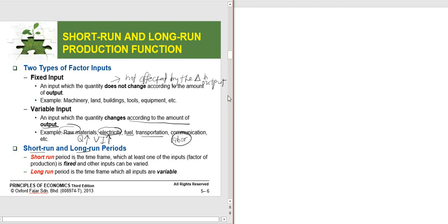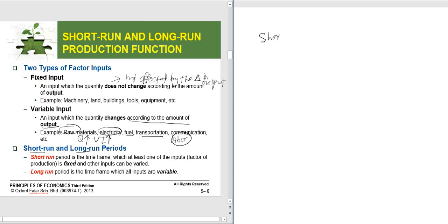So it will have fixed input in the short run, because we assume, for example, building. If you just started a business or if you just started a production, usually the number of buildings or the number of machineries will be fixed, meaning you don't have enough capital to increase the number of machineries or buildings. So in the short run,